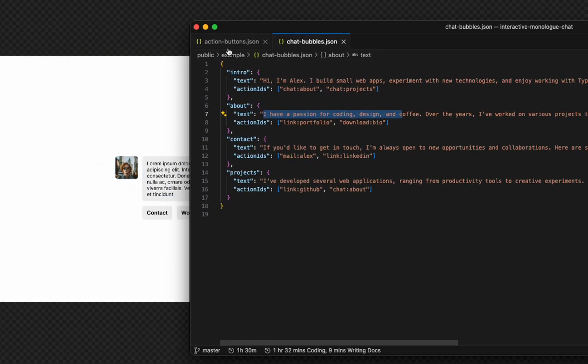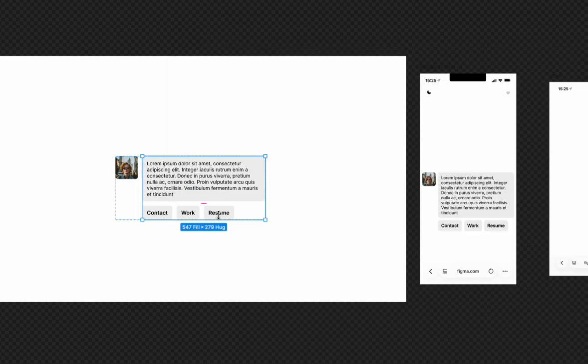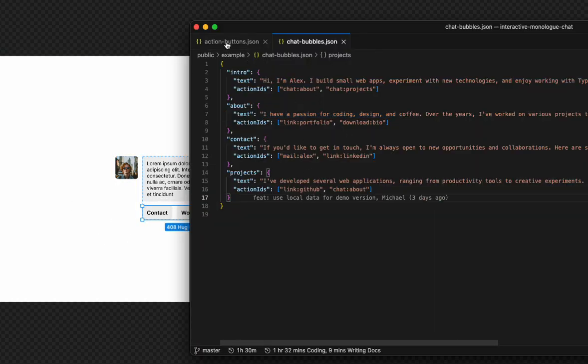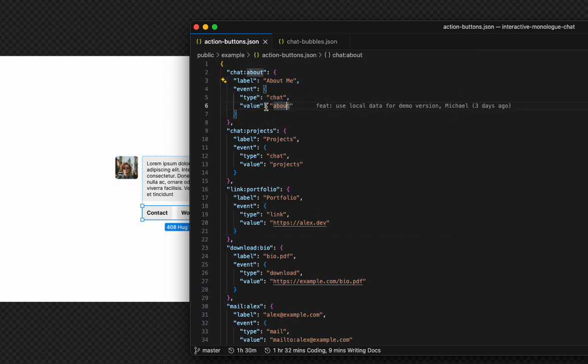Yeah, and I've got definitions for the action buttons. I called them action buttons, these 3 or 4 down there. And they have definitions like that. You can see the label, you can see the event, and the event is essentially what's going to happen after you've clicked. And you can see here we have type and value. So the type is essentially,